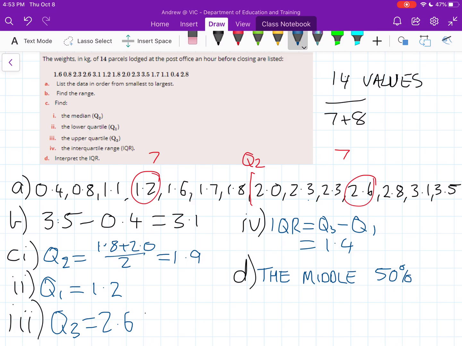So the middle 50% of packages, so we're relating it back to the question, and we can say it had a range of 1.4 kilograms, something like that. So I'm just going to use the word differed